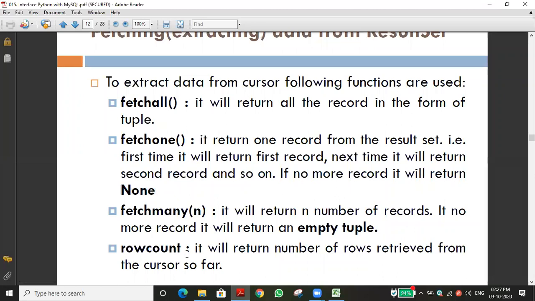Okay. Row count. Row count is a keyword. It's not a function, but this keyword will return the number of records we executed. It is not telling the number of records present in the table. Please note this down. It won't tell the number of records found in the table, but it will tell how many records we processed. Processed means executed. Suppose I use fetch many 3, it will return 3 because 3 records are executed. Executed means processed, accessed or retrieved, whatever word we use, that is read. So that is the use of row count.